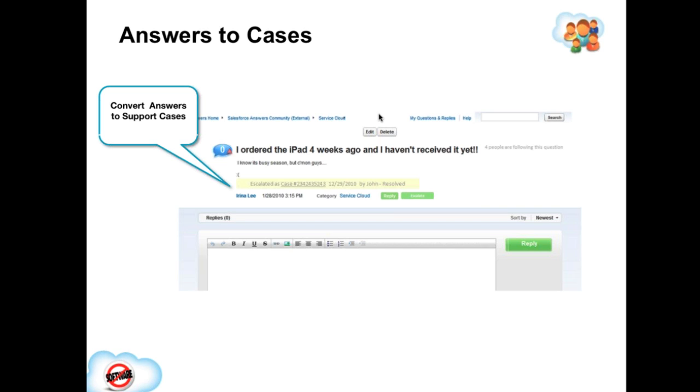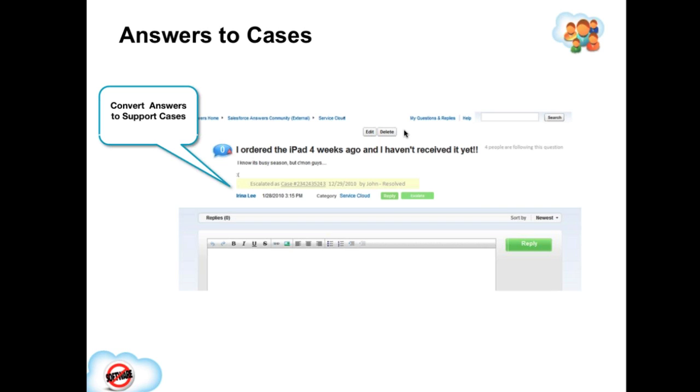If I asked a question, I posted one and it didn't get answered, you might set a workflow rule to notify a support agent. You might have a report to help you find what those looked like, and you might have either moderators in your community or agents internally come across those questions that got asked, and then they can click a button to turn that question into a customer service case,